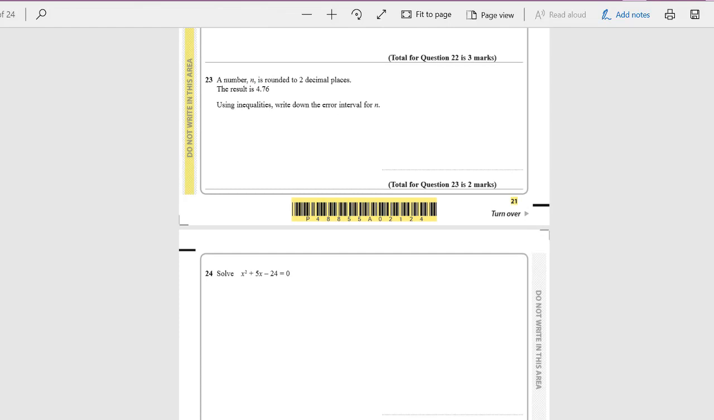Question 23. A number n is rounded to 2 decimal places. The result is 4.76. Using inequalities, write down the error interval for n. Basically, if you draw a straight line and the result is 4.76, then next to it is 4.77, and on the other side 4.75. So where you would round it up,